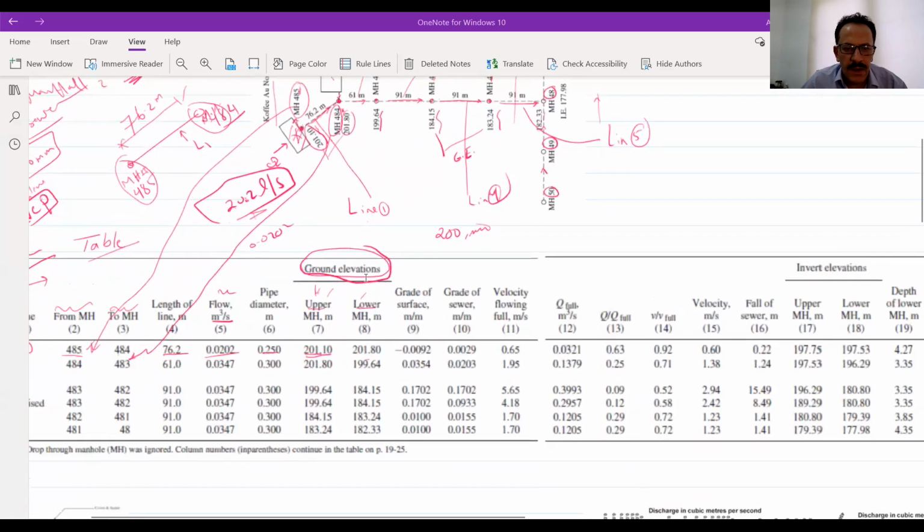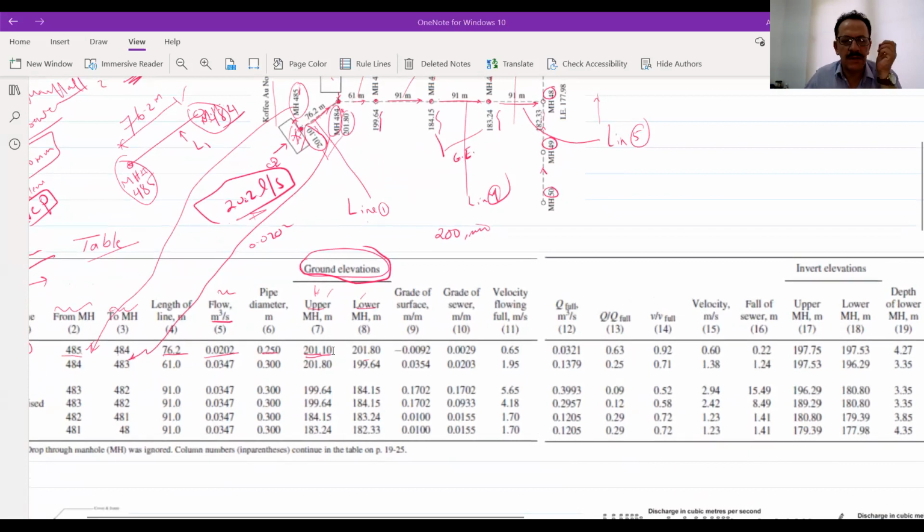Now I have the ground level, upper and lower level will be here. So we have 201. So there is a grade. The grade means the slope of the natural ground level, the surface. The surface means the way that we are going. So this is manhole number 485. This is the surface, the manhole